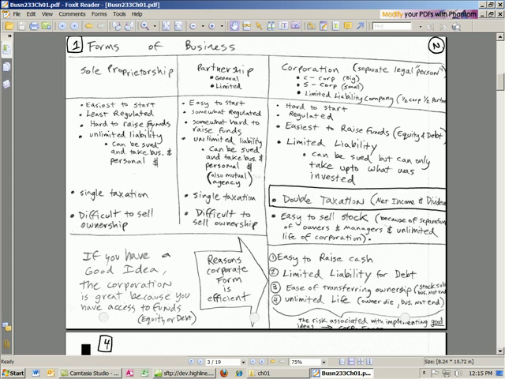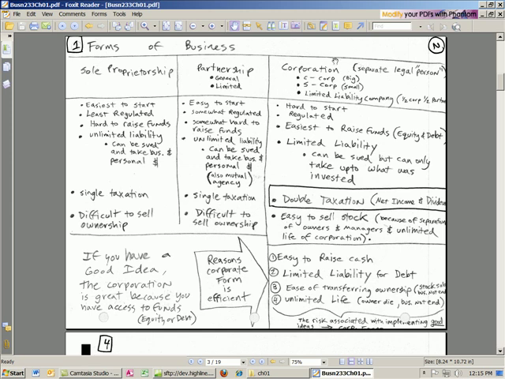Maybe a little bit easier than a sole proprietorship because you have more than one person, but the same problem: unlimited liability. You get sued, they can take all of your partnership assets and your personal assets. Advantage, single taxation. Difficult to sell ownership also. Now, unlimited liability. So,